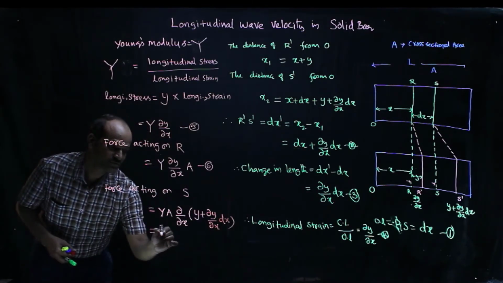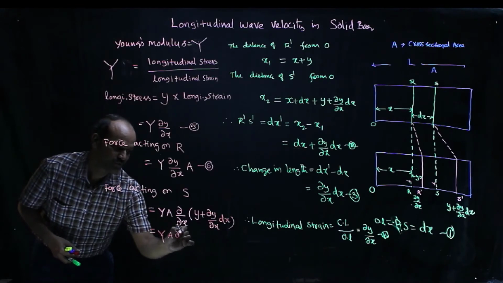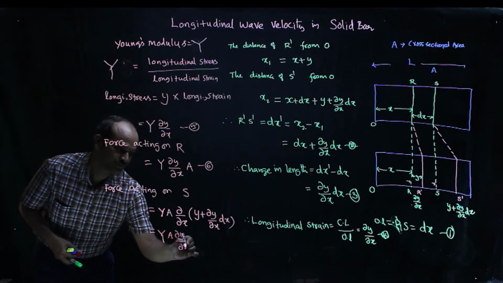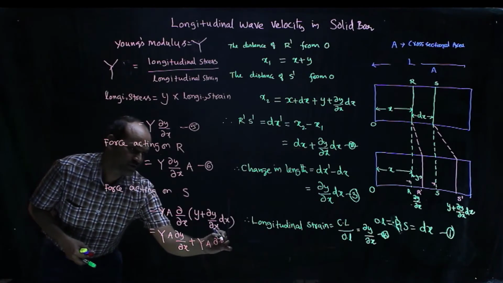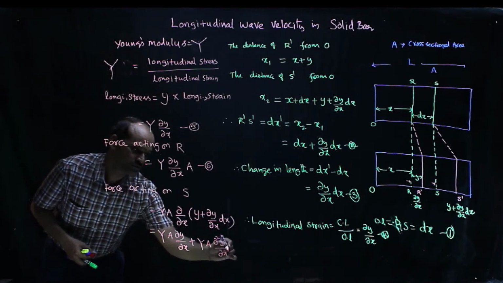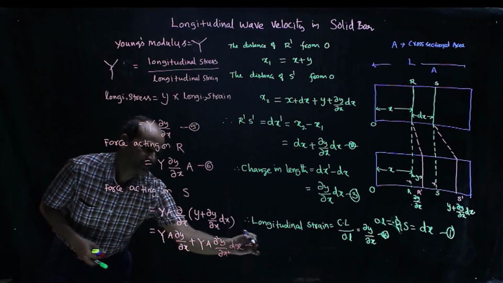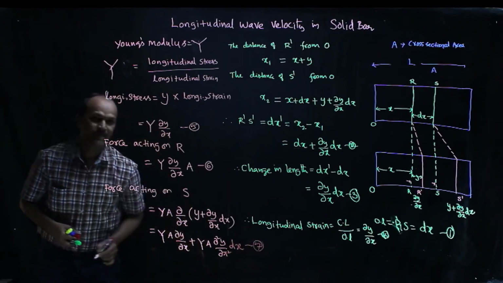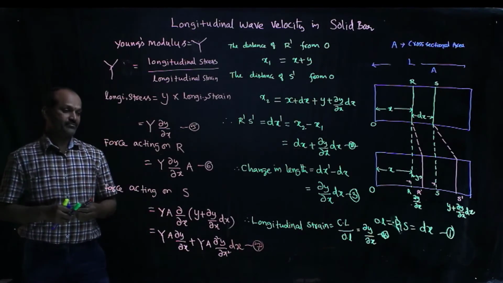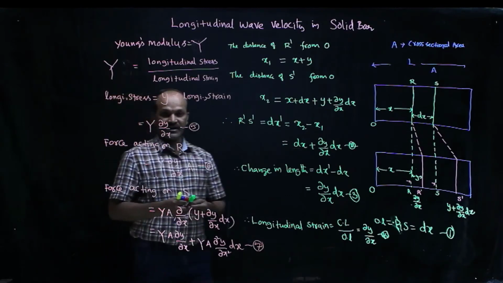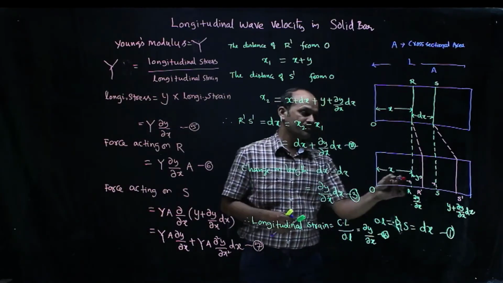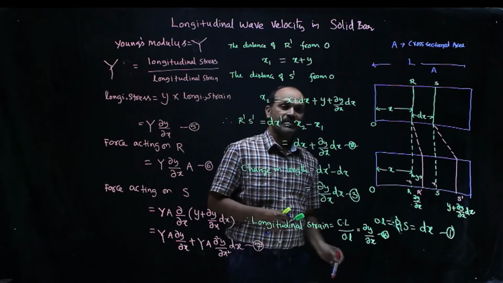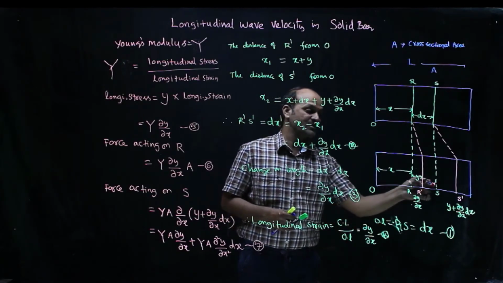So this becomes YA ∂y/∂x plus YA ∂²y/∂x² dx, equation 7, right? So here we got the force acting on the R plane and also the force acting on the S